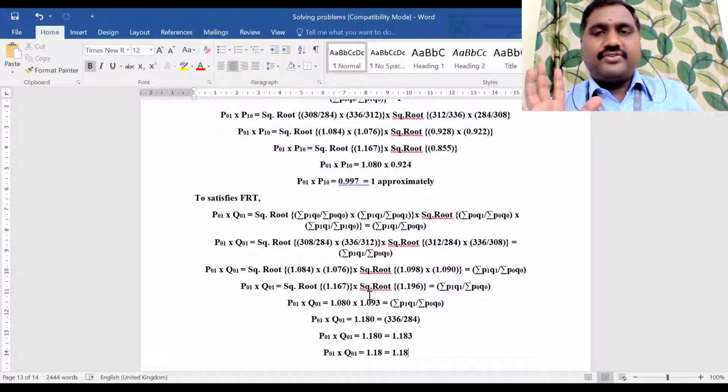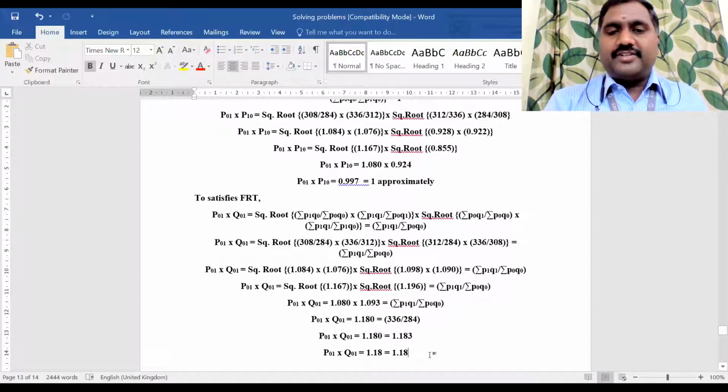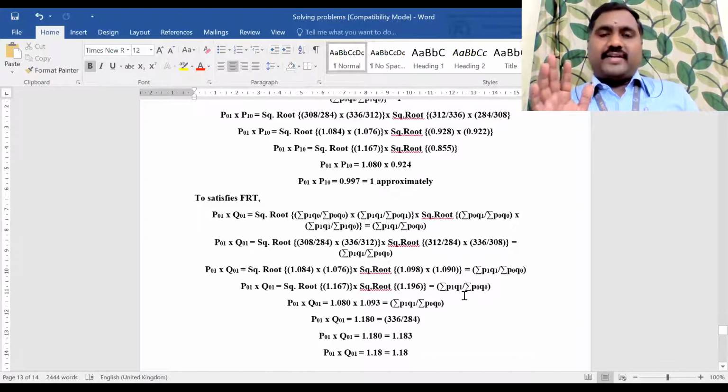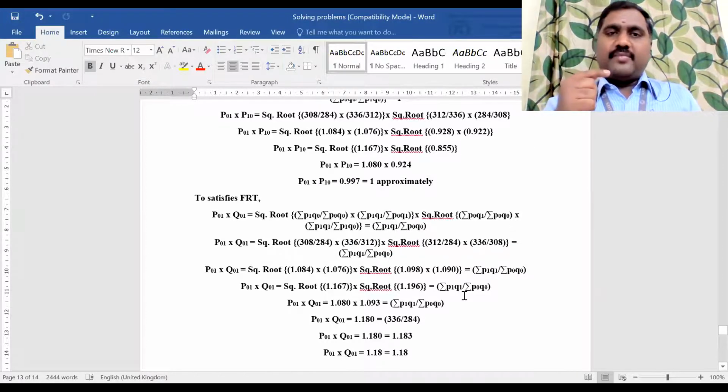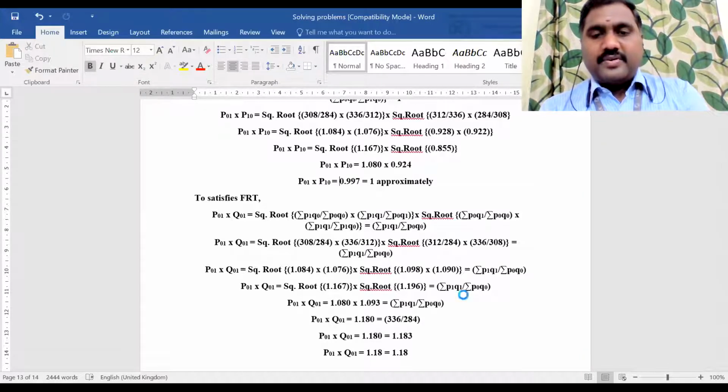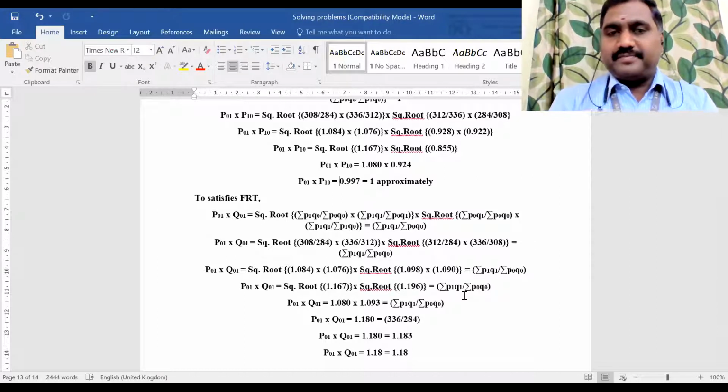So that we will finish tomorrow, and then we will start the consumer price index number next week. One more problem is also there under Fisher that we will work out tomorrow. I told you, sometimes they will give the value, they will not give the quantity. So if we get a problem in that way, how to solve it? Okay, now is it clear? Any doubts? You can copy.